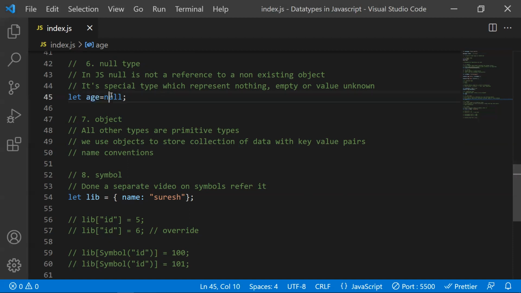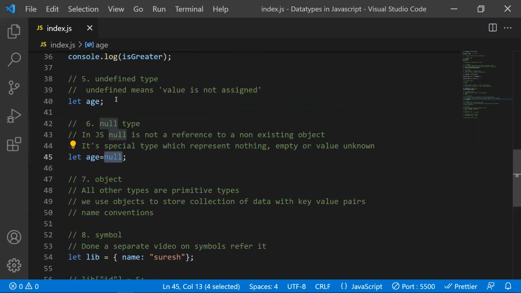That's the reason we are assigning it null. Now this will not refer to any existing object. We need to give this an explicit value null, whereas undefined means you're not going to assign it; it will be set automatically if you're not assigning any value. That's the major difference between null and undefined.